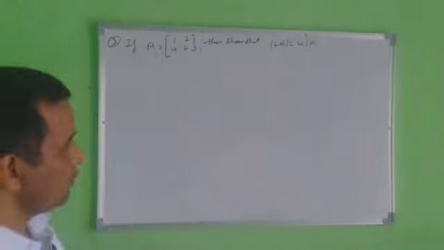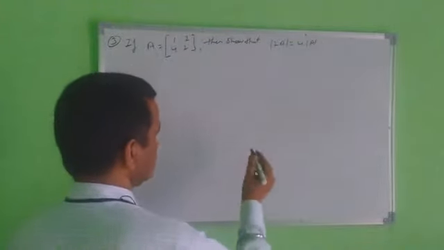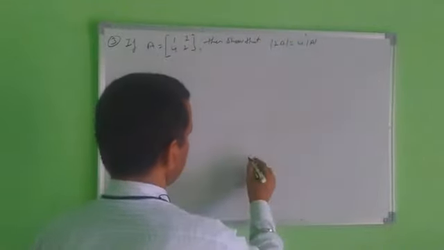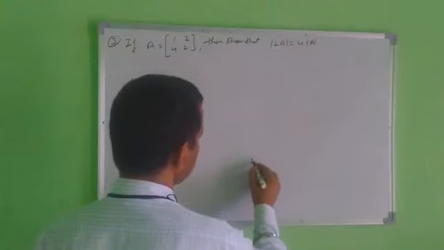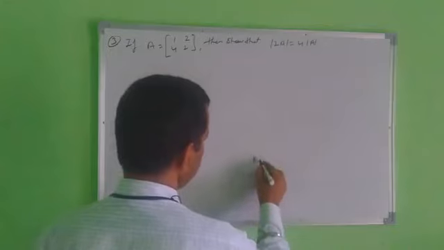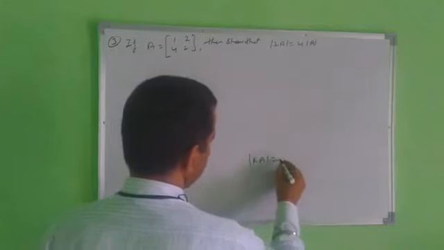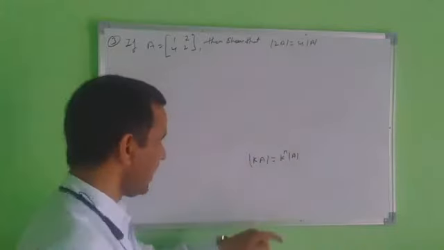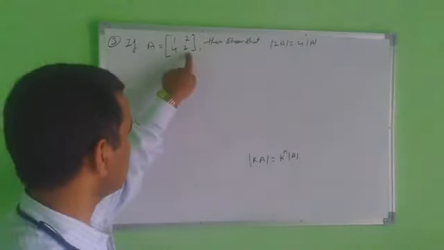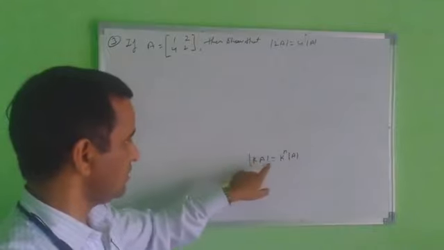First you have one theorem here, a shortcut trick for solving. Then we will solve in detail. Suppose any matrix A is given, and any k. Suppose you write the determinant of kA. You can write it as k exponent n times the determinant of A. What is the n here? n is the order of the matrix. What is the order of the matrix? So this is the theorem.